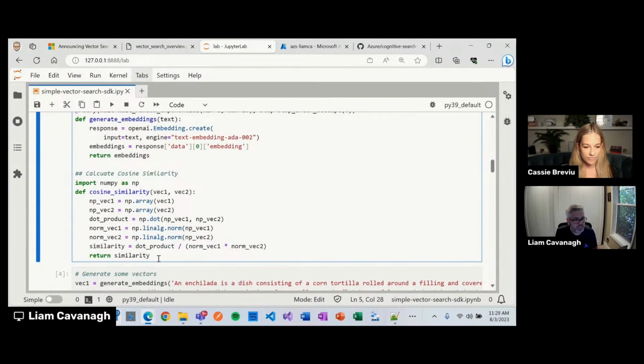This other function does something called cosine similarity. All that is, is a way of taking one vector and comparing it to another vector and seeing how close they are in similarity. And so this will hopefully give us an idea of how vectors work and why this idea of being able to search is so useful.